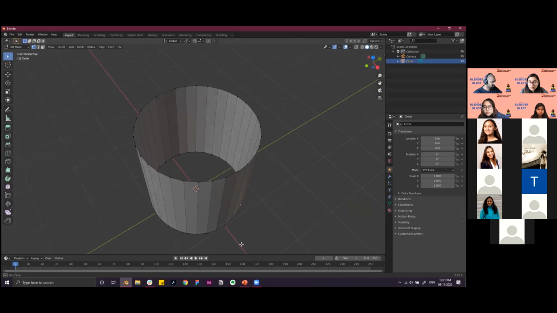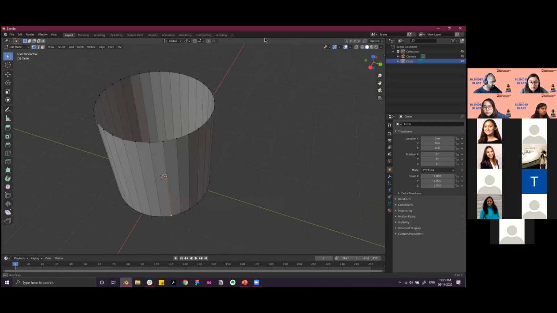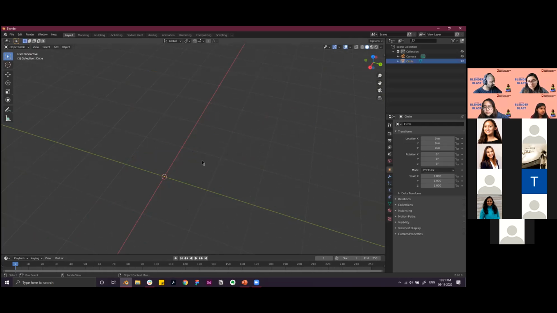All right. So we got the basic shape of the cup here. How do I go into the extrude mode? You press E for it. So let's say we have the circle here.